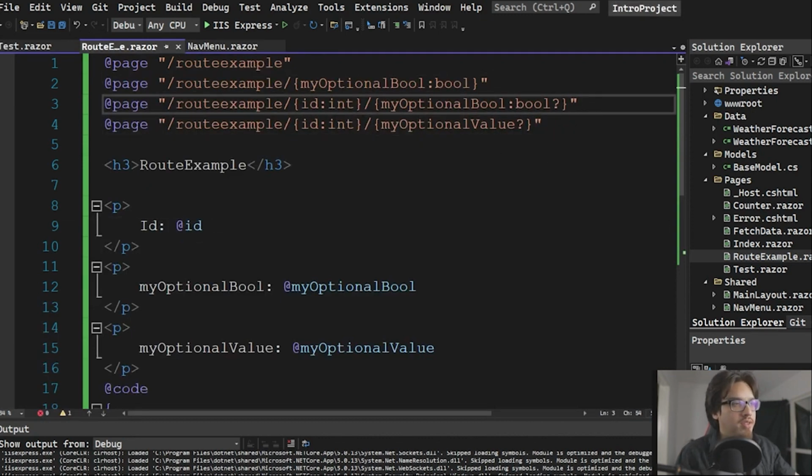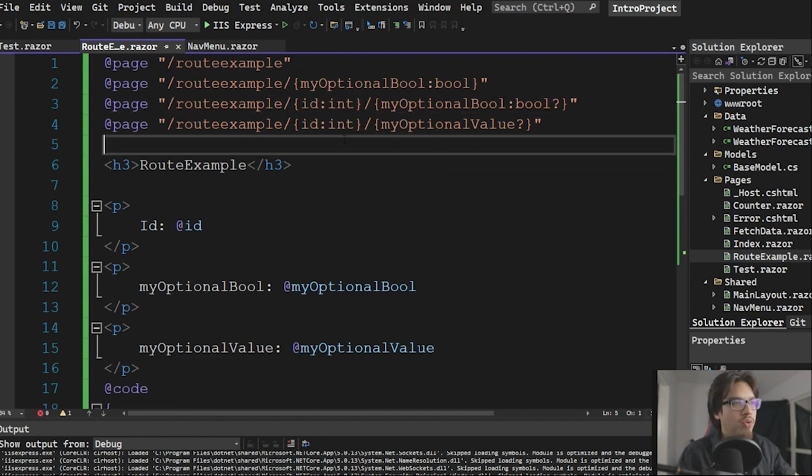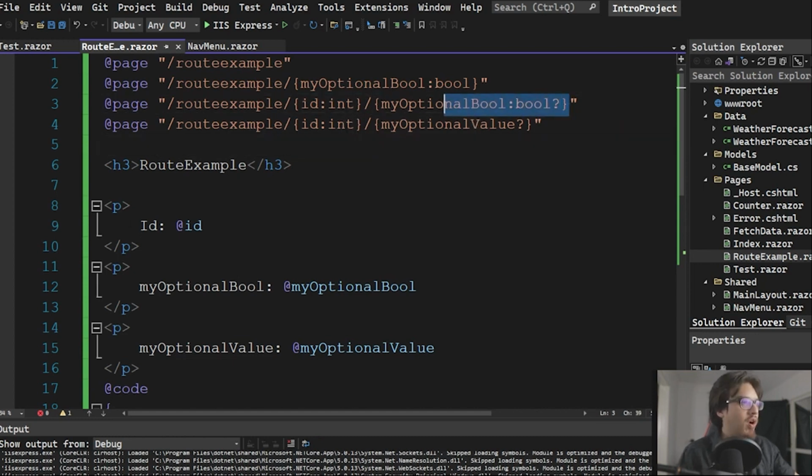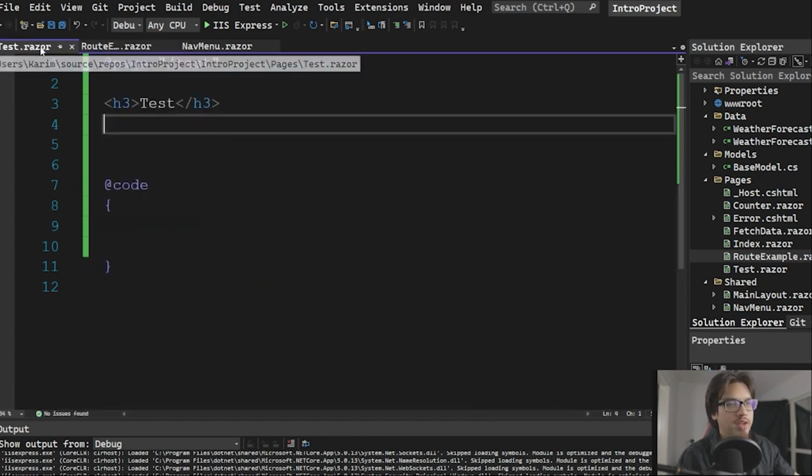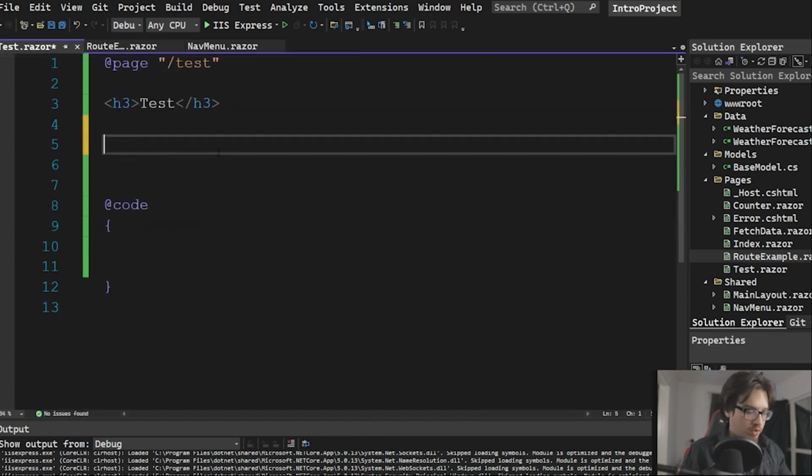Now, just in case, you only need this one to pass through in order to reach this page when it comes to the integer, because these are optional parameters. You do not need to pass these in, but you could, and it will still reach the page. That's the whole point. So let's begin